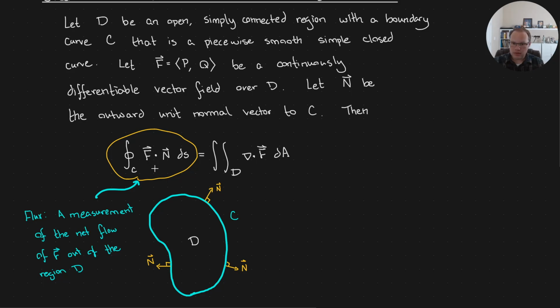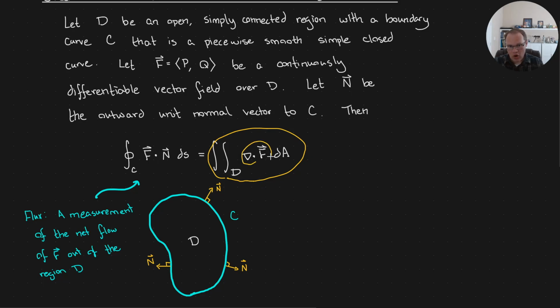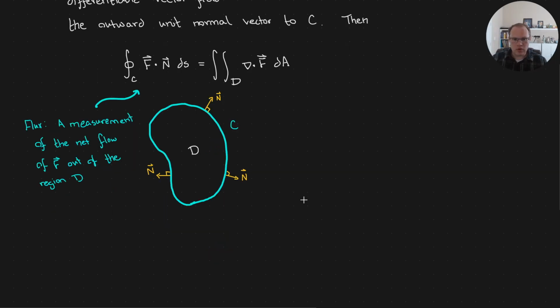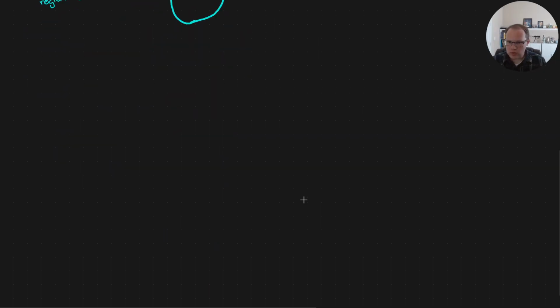Okay. Now, what this is saying is we could look at just the flow through the boundary, the flow that is normal to the boundary, flow that's going directly out of the boundary. Or instead, we could look in the interior and kind of measure all the flow together in the interior. And by putting it together, we could figure out how much of the flow is going into the region and how much is leaving through the boundary. All right, so let me draw you a picture similar to what we did before to give you a sense of what's going on. So just recall,